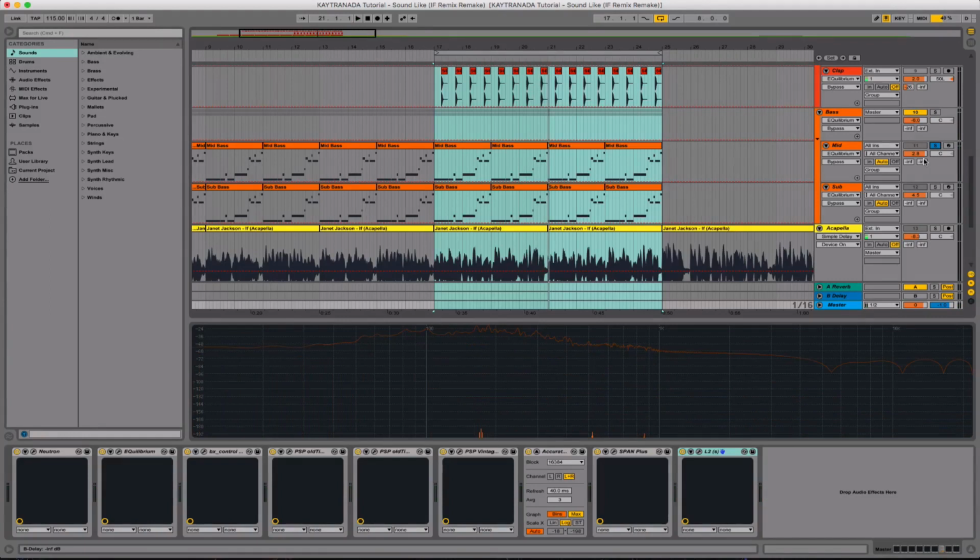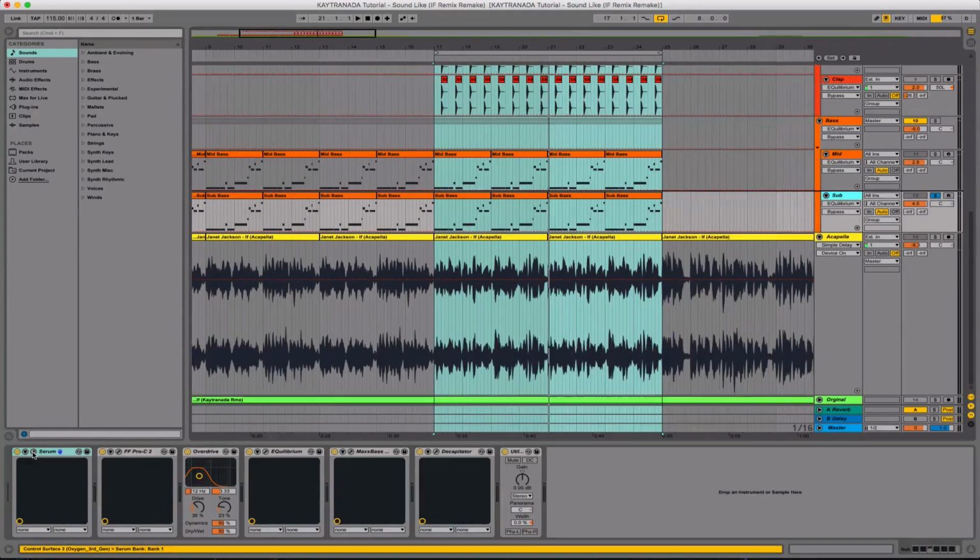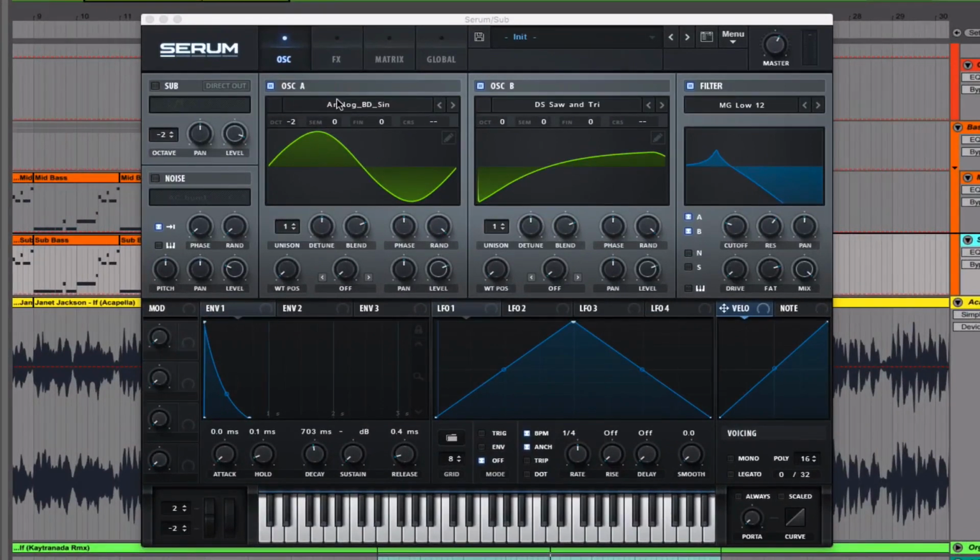We'll start with the sub bass. I've made the foundation of the sound in Serum. I say made, although it literally is just a plain sine wave, as you can see here. That's all you really want for the bottom end of your bass tones. Now, I spoke about this in detail in my 808 bass video. It gets more interesting when you start playing around with the distortion to bring out some of the more mid-range